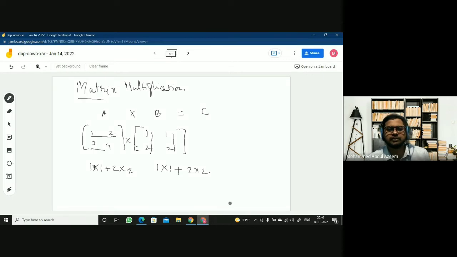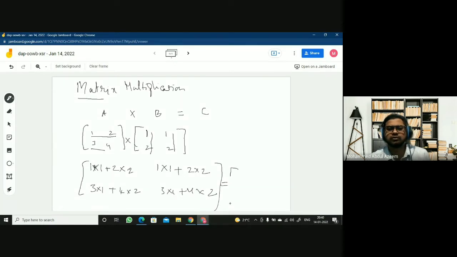Then again, the second row will be multiplied with the first column of the second matrix. 3 into 1 plus 4 into 2. Similarly here, right? 3 into 1 plus 4 into 2. Okay.